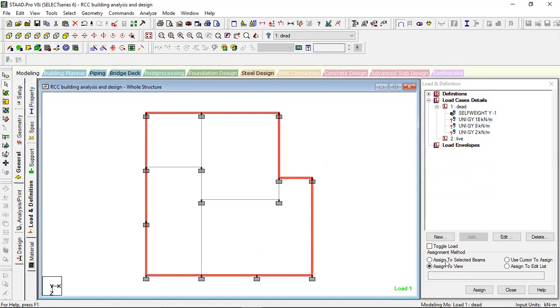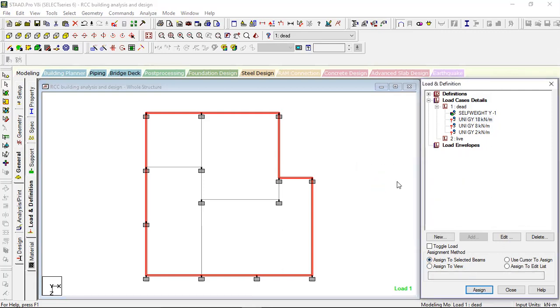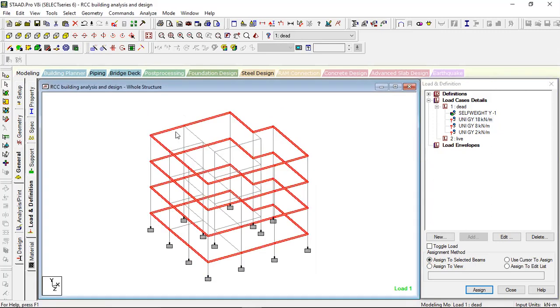Now it is the main wall, so I am assigning to selected beams and assign. In that also you will not get the wall load at the top floor. On the top floor the parapet will come. This 18 kilonewton wall load will come only on the 1, 2 and 3 outer to outer beams, not on the top floor, so I have to deselect it.